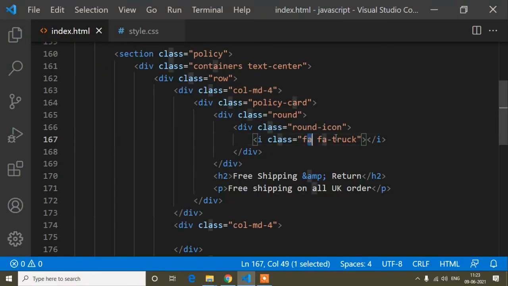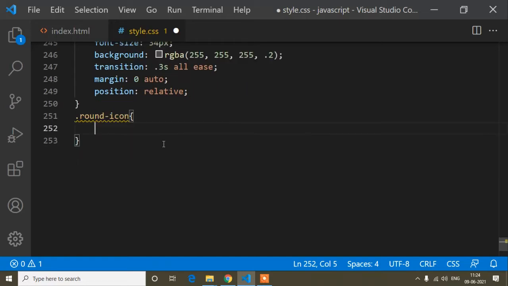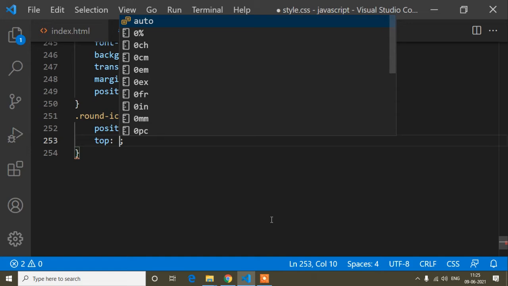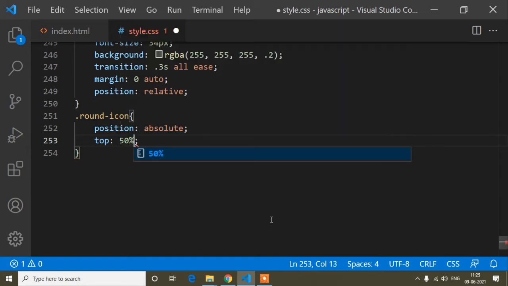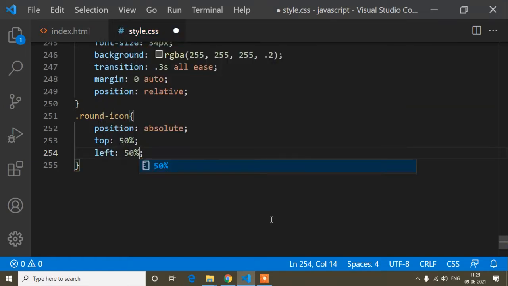This icon's parent class is this round icon, so I will copy this round icon class name and paste it here, and make this icon float. So position absolute, and first I will bring it to the middle from the top, that is 50%, because out of 100 it comes 50% from the top, that means the middle from the top, and the same with left 50%, the middle from the left.